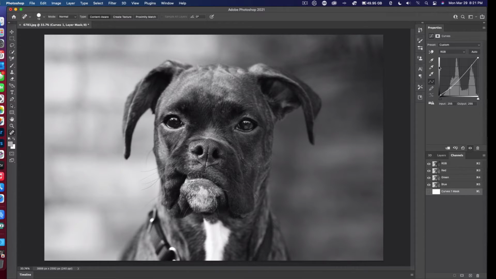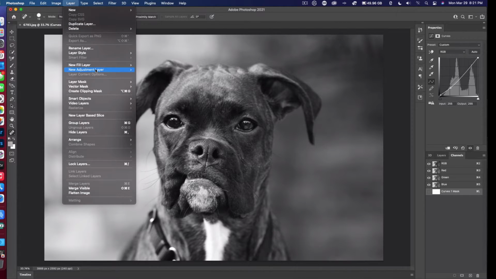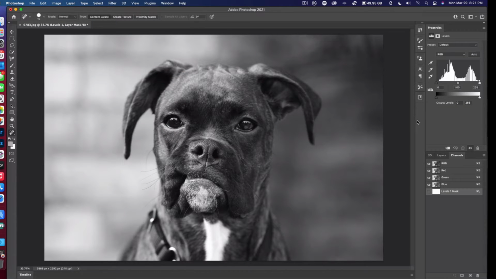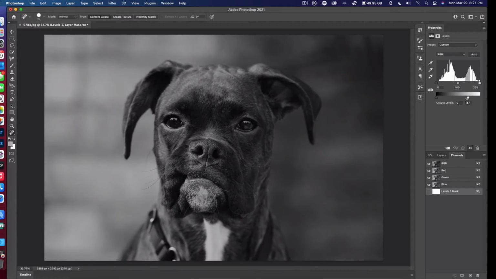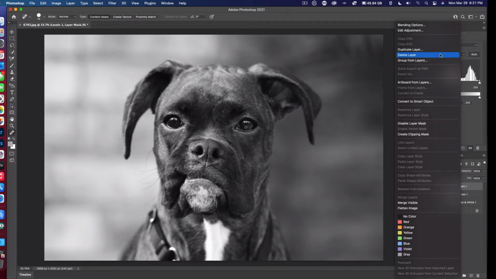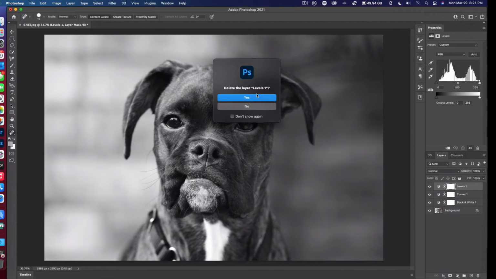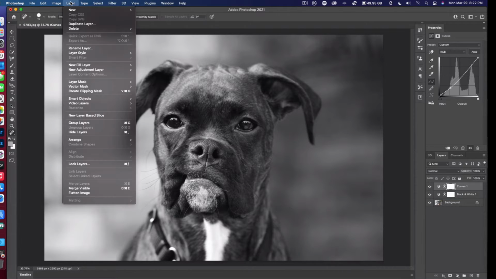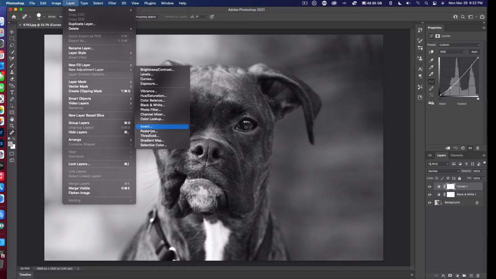All right, so we're just going to keep that there. But you can go to levels, as I mentioned, layer, adjustment, levels. Okay. Well, honestly, I don't really need to play with any of this, but I could. All right, so let's go ahead. Let's go back to our layers and remove this one because I don't really need to worry about the levels layer. It was curves I was looking for. And then layer, adjustment,